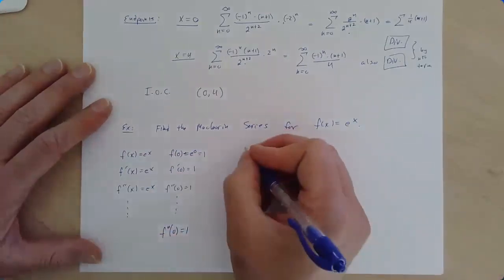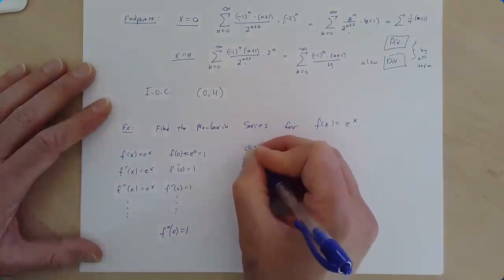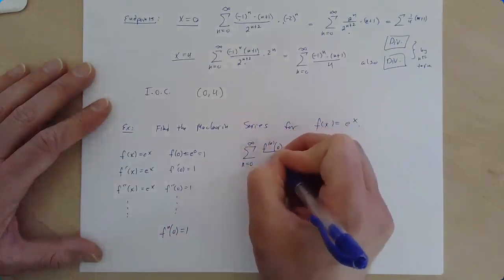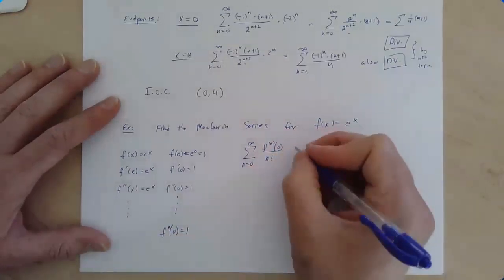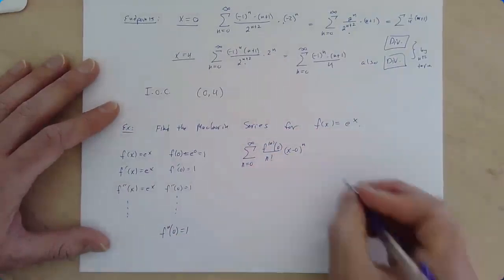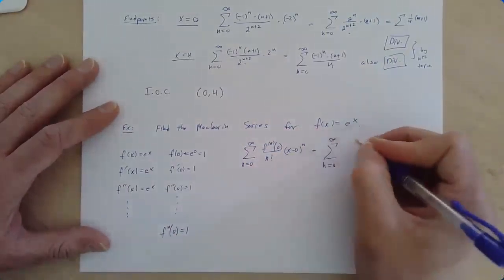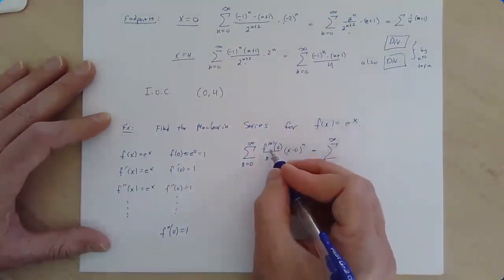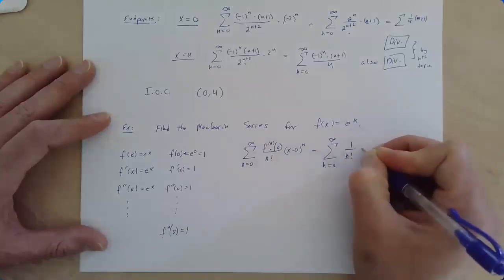So when I start writing the sum from n equals 0 to infinity of my nth derivative evaluated at 0, over n factorial times x minus 0 to the nth, we're just going to get the sum from n equals 0 to infinity of 1 over n factorial times x to the n,